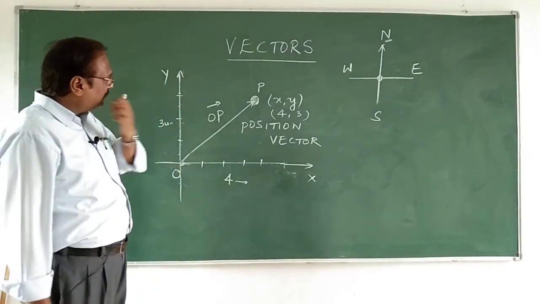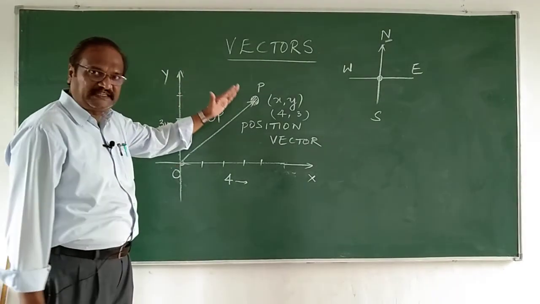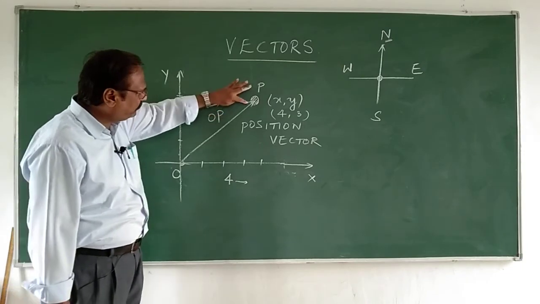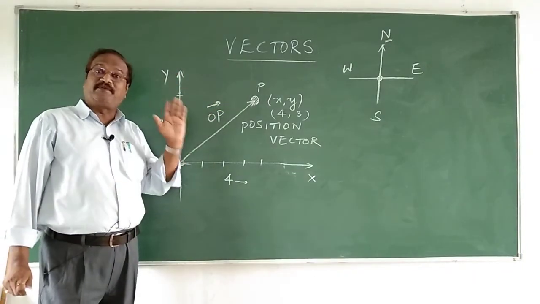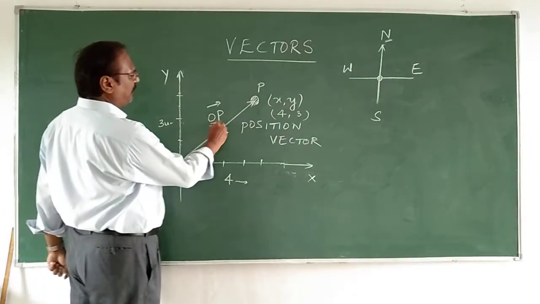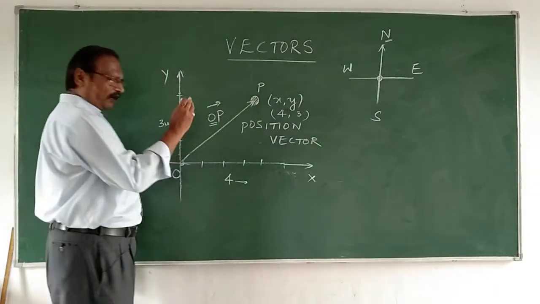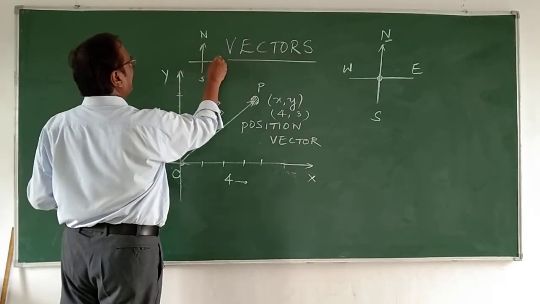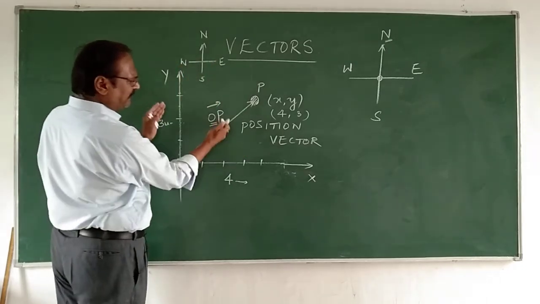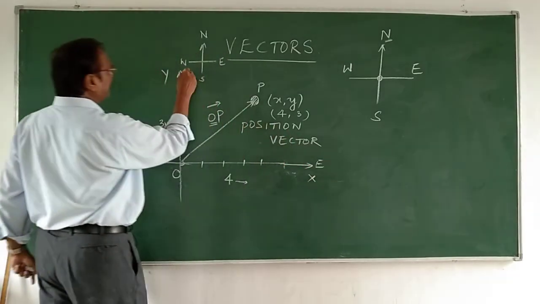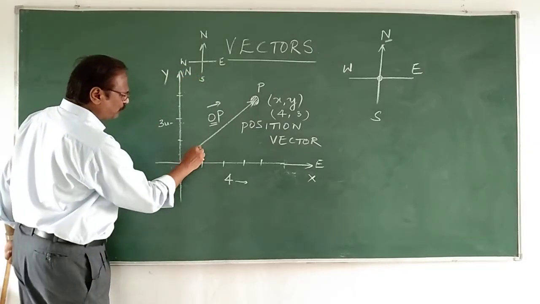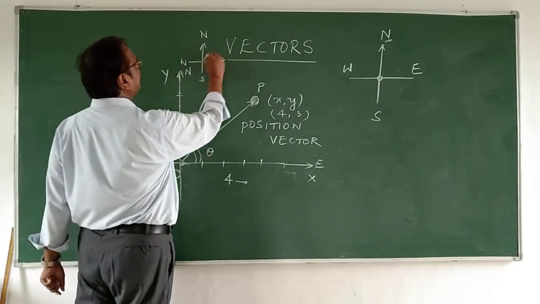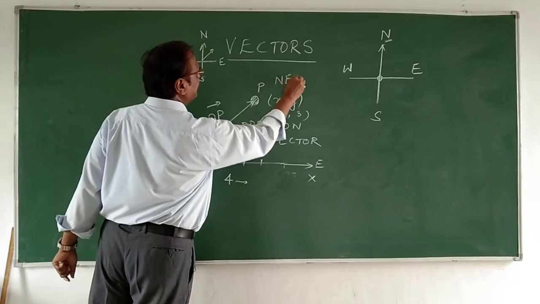So you have to be very clear that a vector quantity is represented by a straight line, and the length we have taken should correspond to the vector's value, and the position and direction. Now how do you get the direction? We take north, south, east and west. It is somewhere lying between east and north. So I should know this angle. This angle is theta. It is somewhere like this, in the northeast direction.